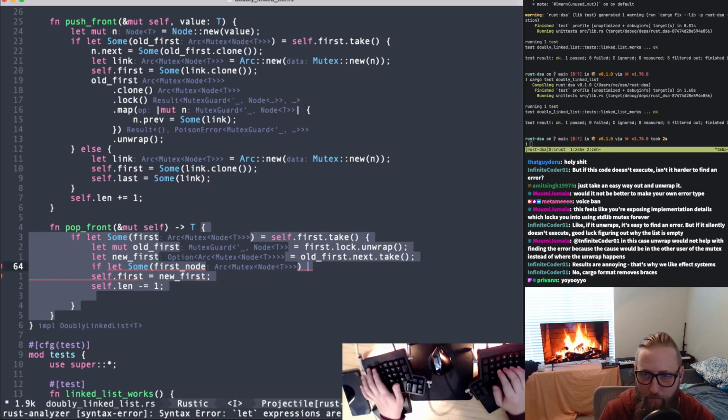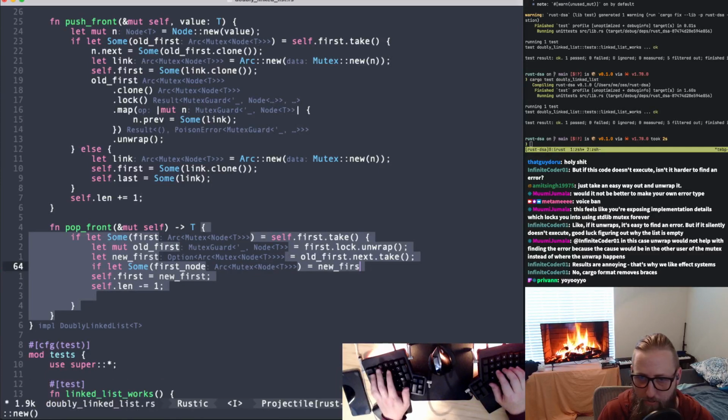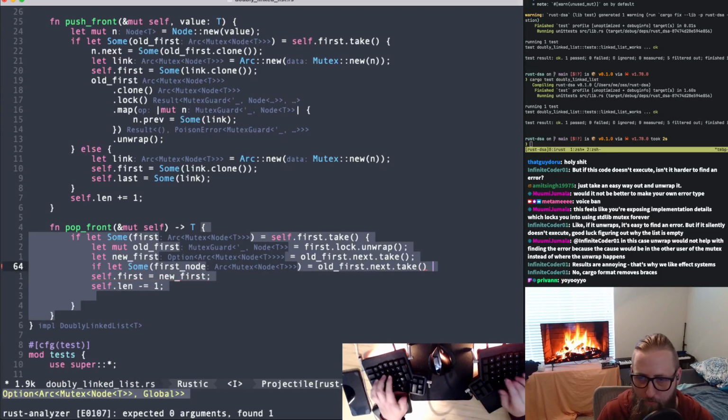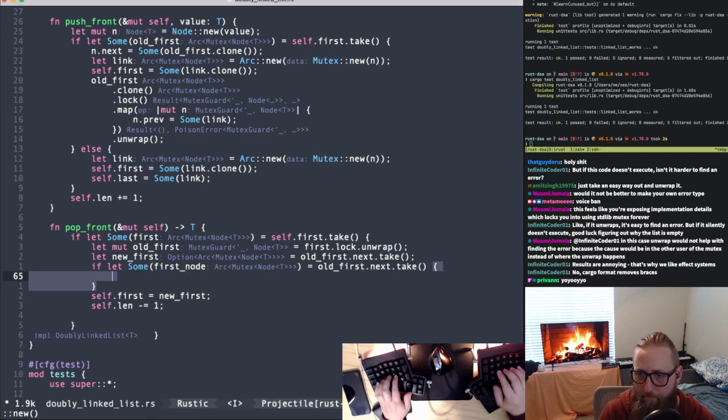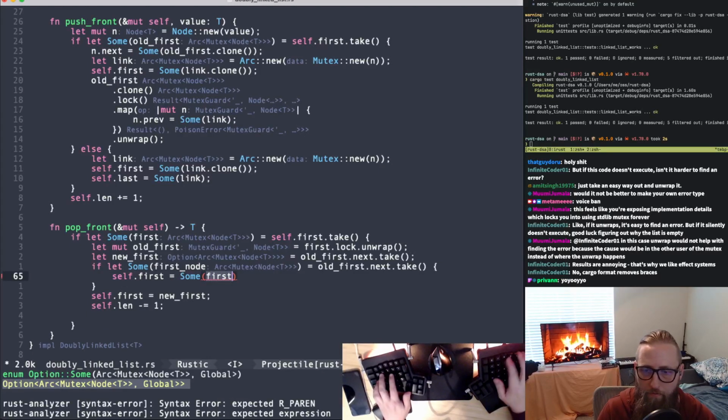These names are terrible, but that's okay. So this actually can just be, that's what I can do, right? Old first dot next dot take. This will be a little bit nicer. And then we say self dot first equals Some first node dot clone,